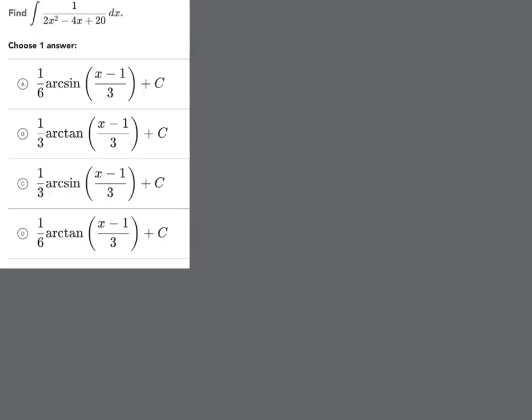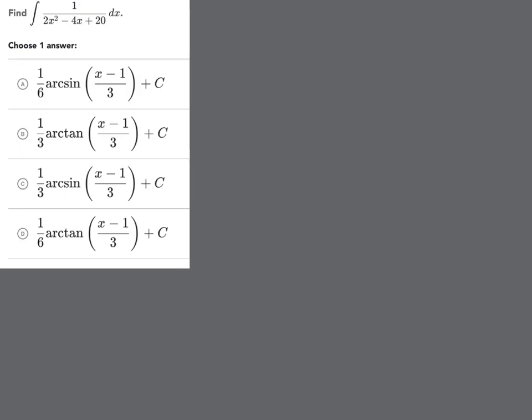I thought I'd do another one of these just because I thought it'd be a good idea to show you guys what arctangent ones look like. So if you were to do this and you didn't have answers, you might think to do u substitution at first. But if you set the denominator equal to u, you'll see that du equals x dx, or has an x dx in it, and there's no x in the numerator,